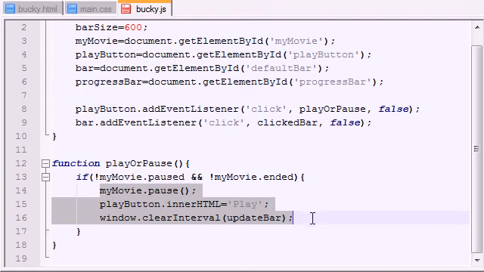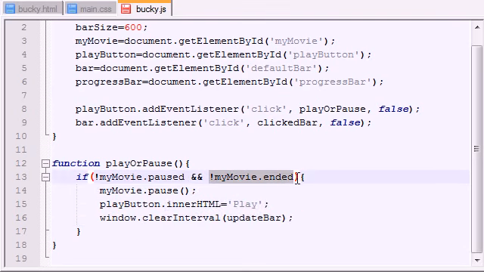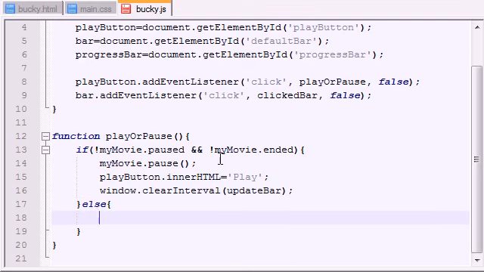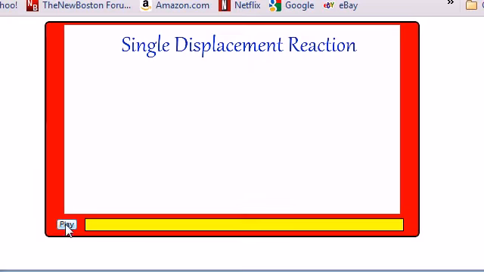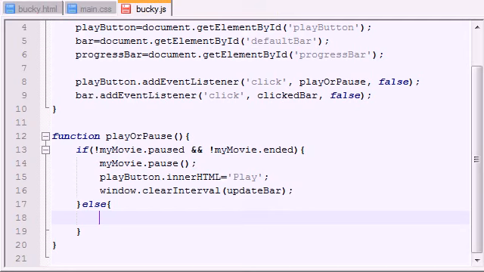What happens whenever your movie is playing? But what if your movie is paused, or what if the movie had ended? Well, then we want that code to happen in this else block right here. So if the movie is paused, or if the movie has ended, then whenever they click that play button, then the first thing we want to do is, of course,